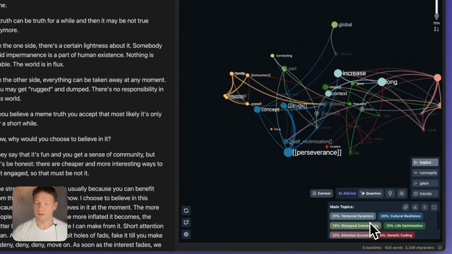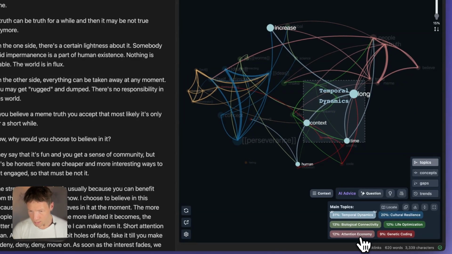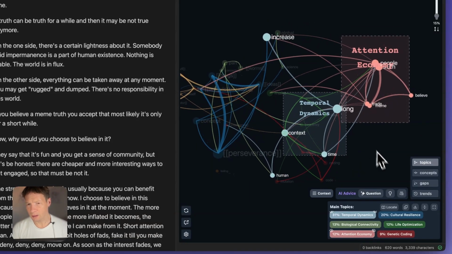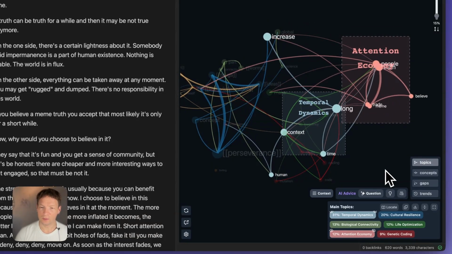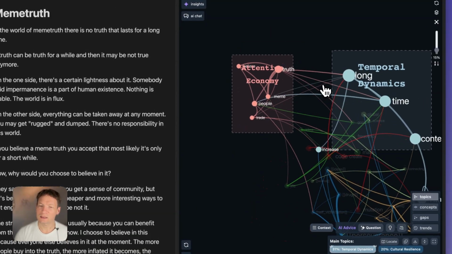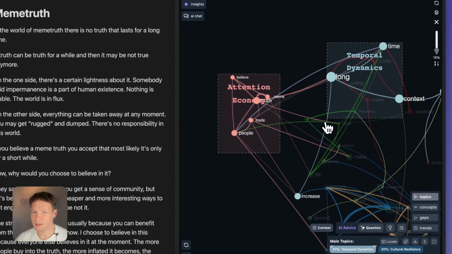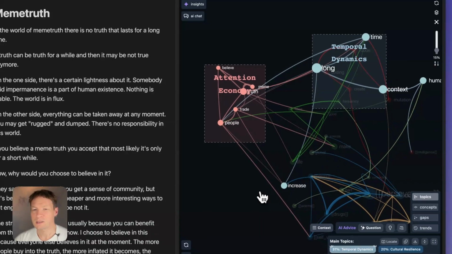So now, after I make this review of the main topics, I know that the temporal dynamics and attention economy are going to be the two topics that I'm going to focus on. And as you can see here, when I select them like this, I can already see that they're not so well connected. So this is also a good sign that they have a connection, but not so much. And usually this is where the good ideas lie down. And this is why the graphs are so good for